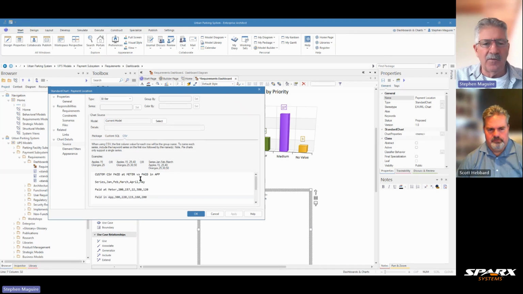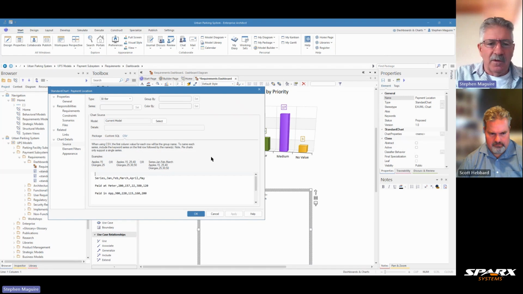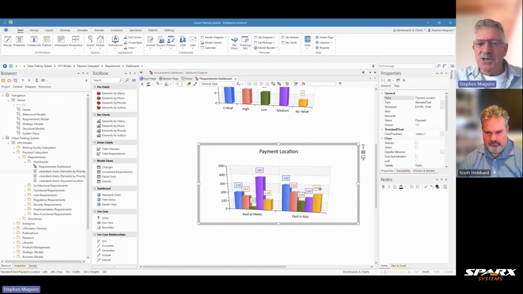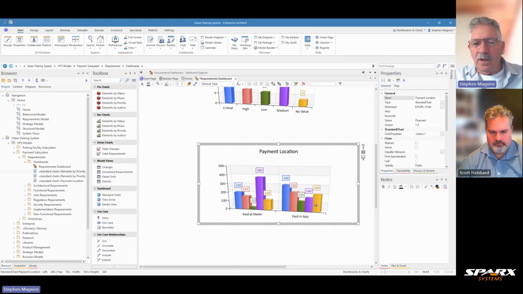So I'm just going to paste in some things here. So I'll just take that one out. But it's about where people paid, whether they paid at the meter or whether they paid in the app for January, February, March, April, and May. So I'll just go OK to that, and you can see now that what that's done is it's popped up a chart, and it's charted those values, and it's people that have paid at the meter or in an app there. So that's a useful